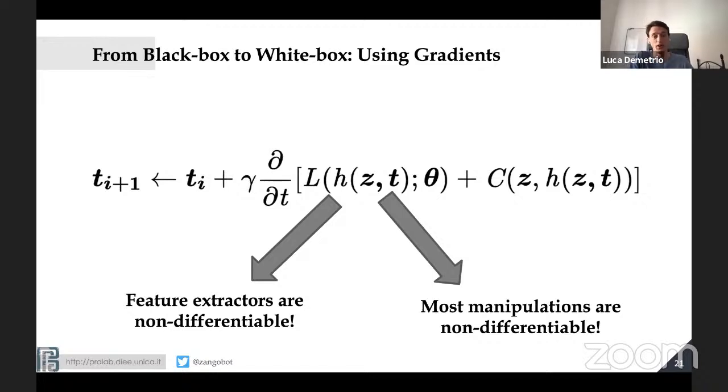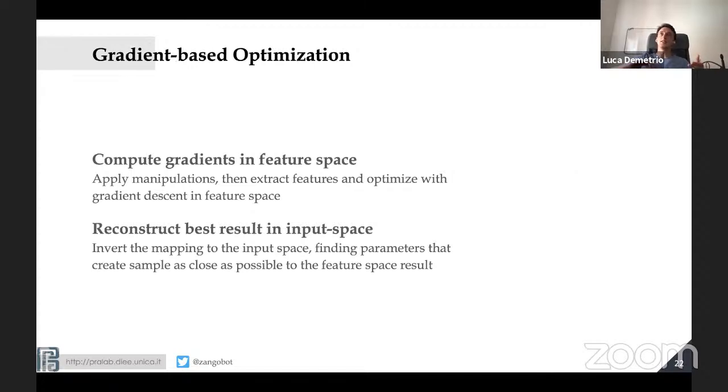So how can I solve this? Well, the model itself, let's think about a deep network, is differentiable, but only up to the feature extraction layer. So you take your sample, you shoot it inside the feature space, and then you optimize with gradient descent.